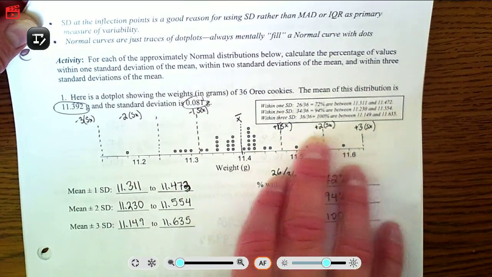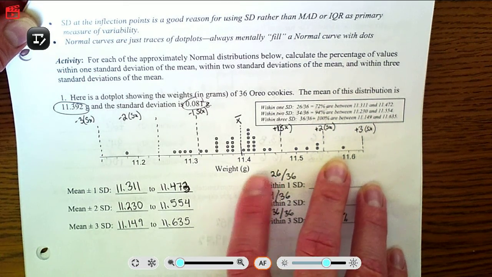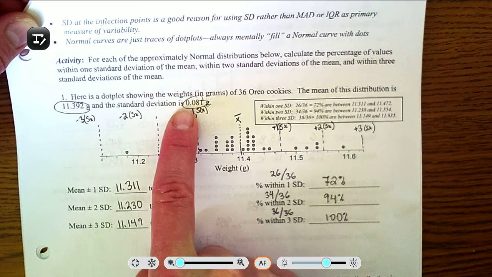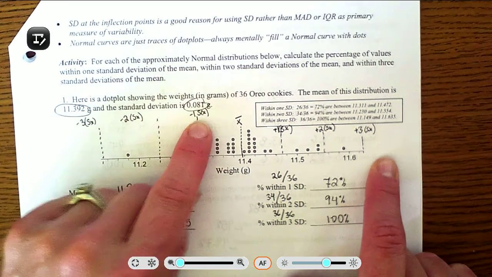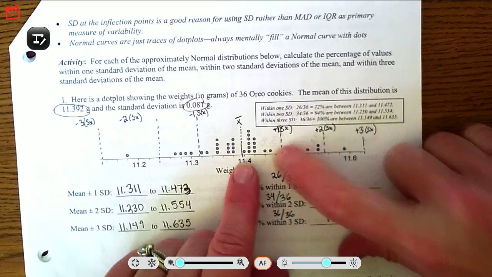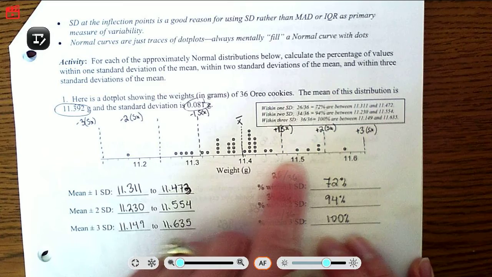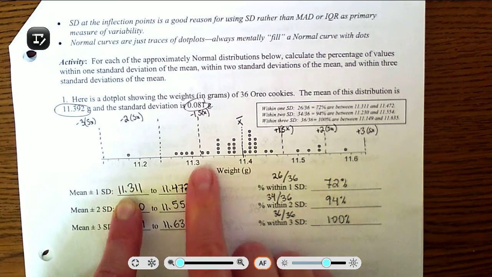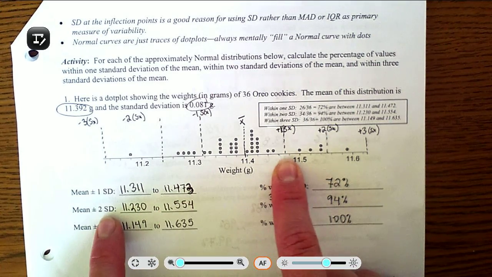Here's a dot plot showing the weights in grams of 36 Oreo cookies. The mean of this distribution is 11.392. I marked it off with a dotted line, and the standard deviation is 0.081. Then I counted up 1, 2, and 3 standard deviations below and above, and I marked off barriers just to show you where those cutoffs would be on the number line. The mean plus or minus 1 standard deviation is anywhere from 11.311 to 11.473, and